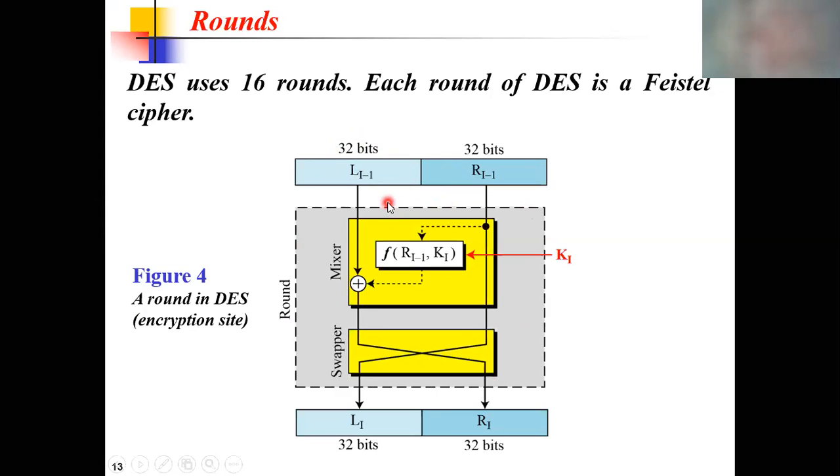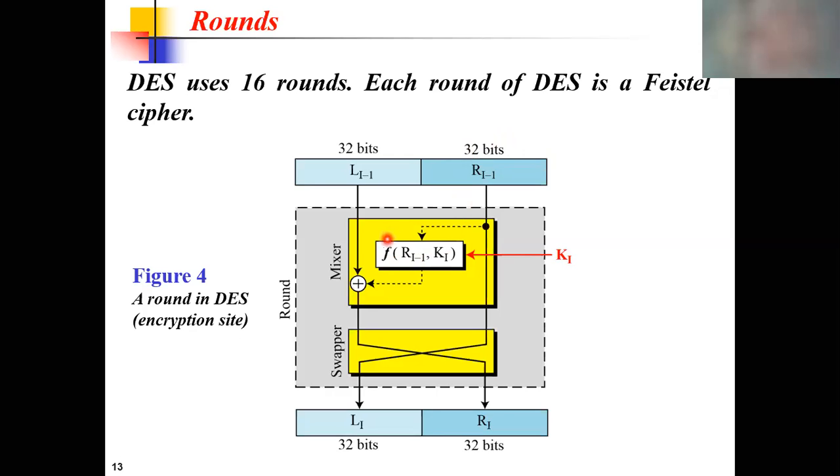So then these 32 bits are passed through the mixer and swapper. What does it mean? The function f basically concatenates the key and the 32 bits. Before, it has 32 bits, but our key is of 48 bits. So here we have to increase the number of bits in order to apply some function on the leftmost, rightmost block and the key. For that, we have used an expansion function, or expansion permutation, that basically maps 32-bit data to 48